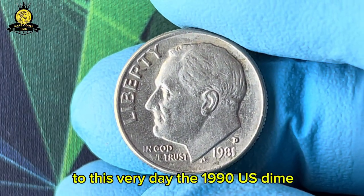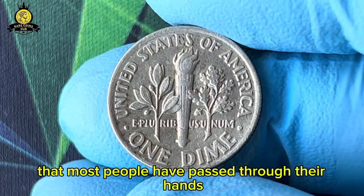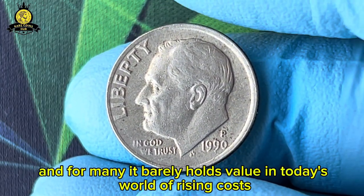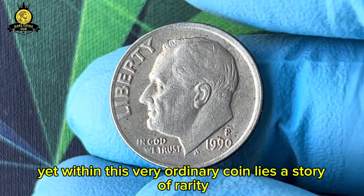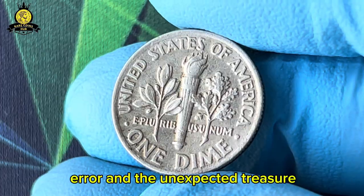this very day. The 1990 U.S. dime is one of those coins that most people have passed through their hands without giving it a second thought. It's small, lightweight, and for many, it barely holds value in today's world of rising costs. Yet within this very ordinary coin lies a story of rarity, error, and the unexpected treasure that makes the world